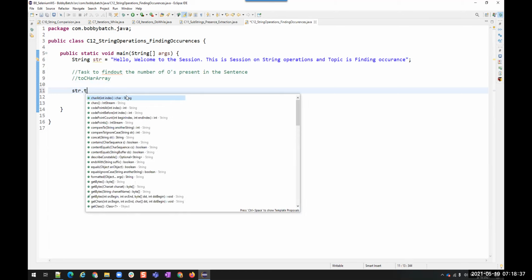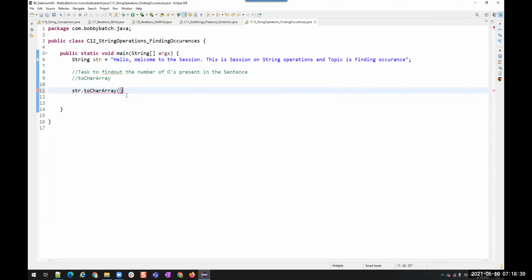I'm going to convert this string to a char array and store it inside a char array, str char array.